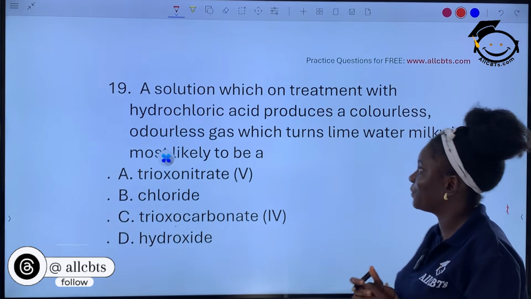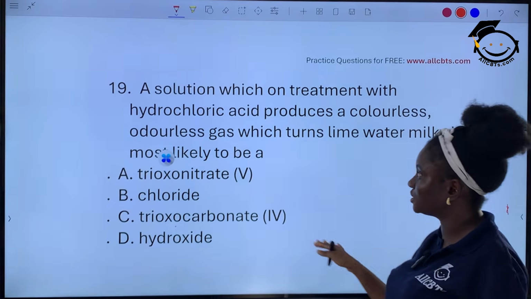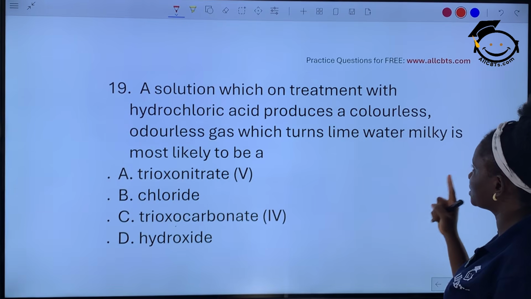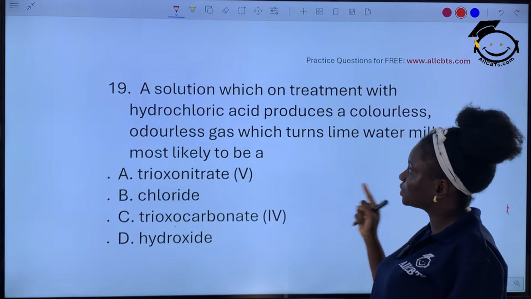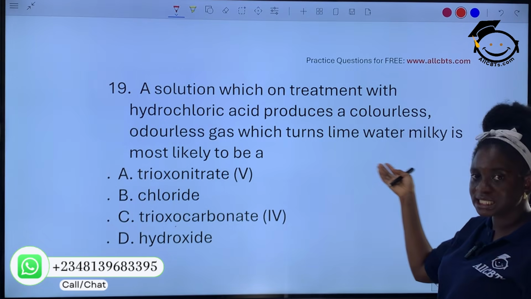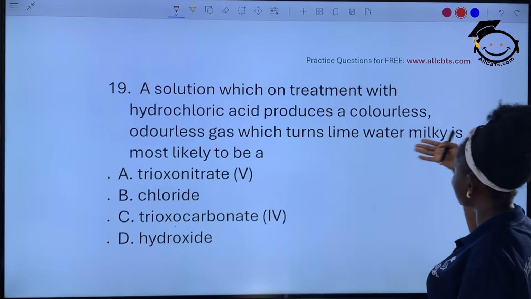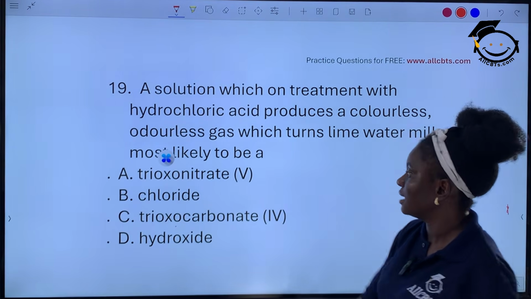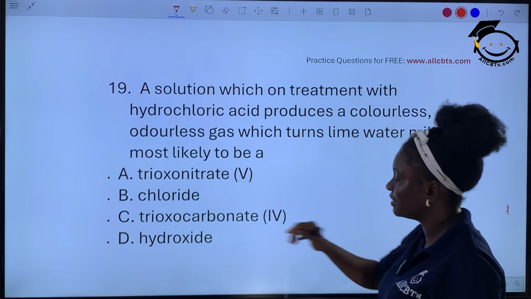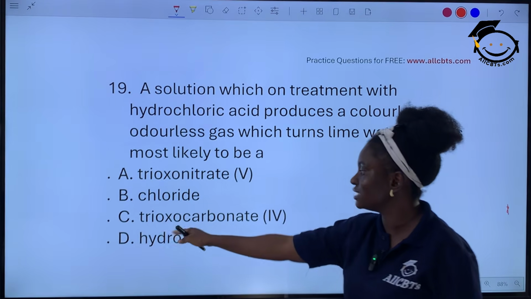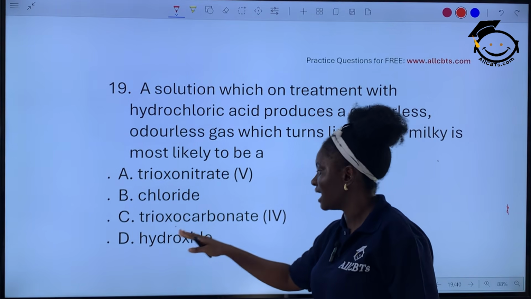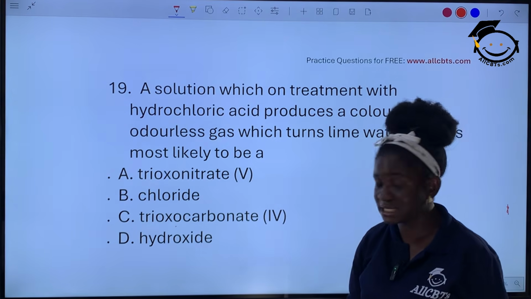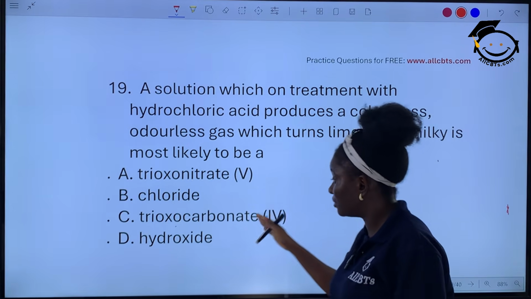Alright, I hope we are following and we are understanding the question. So question 19: a solution which on treatment with hydrochloric acid produces a colorless, odorless gas which turns lime water milky is most likely to be A, trioxonitrate(V), B, chloride, C, trioxocarbonate(IV), D, hydroxide. So a solution with treatment with hydrochloric acid, so most likely trioxocarbonate